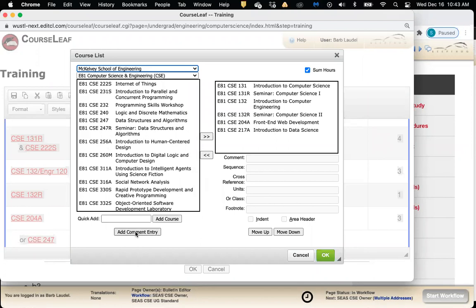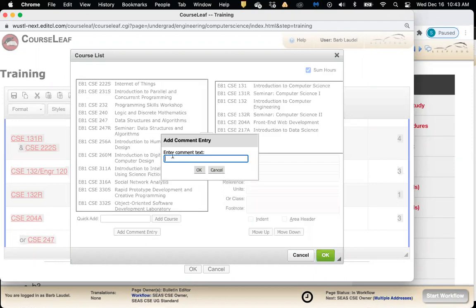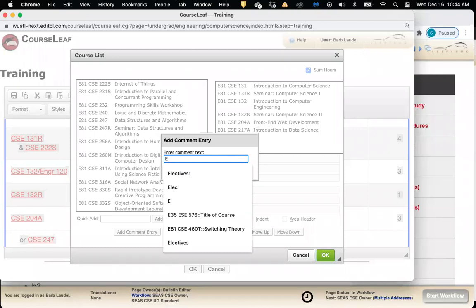And when you click on the add comment entry, you'll see this pop-up box, and you're then going to type in your new course code. So let's say, for example, okay, let's just use this. I already had this set up here.